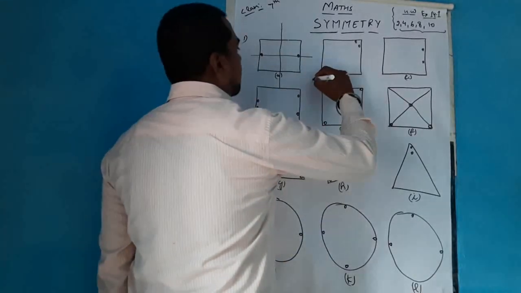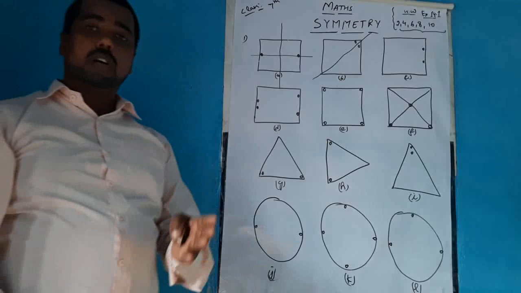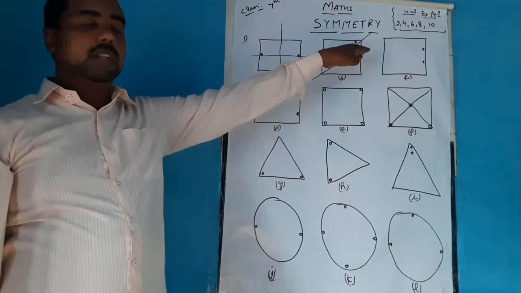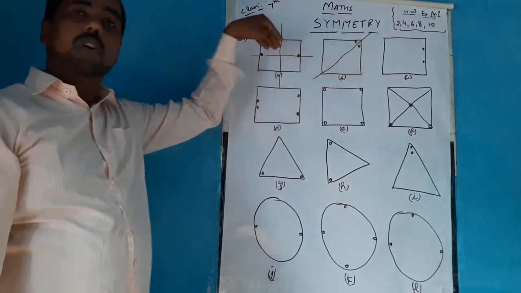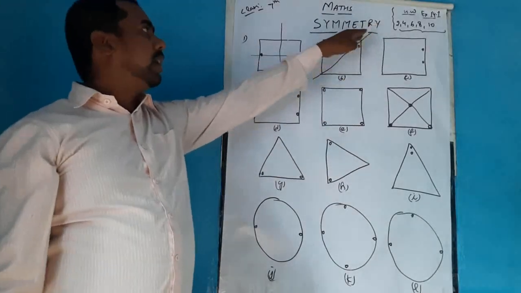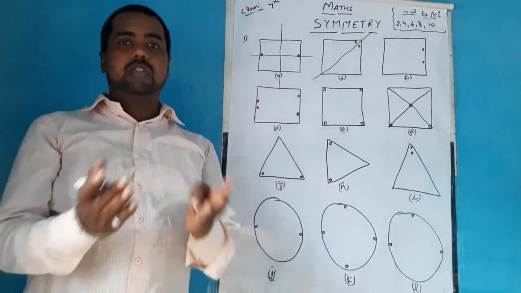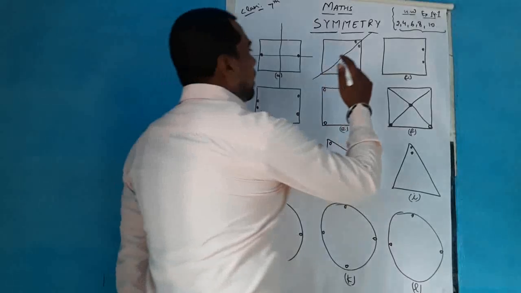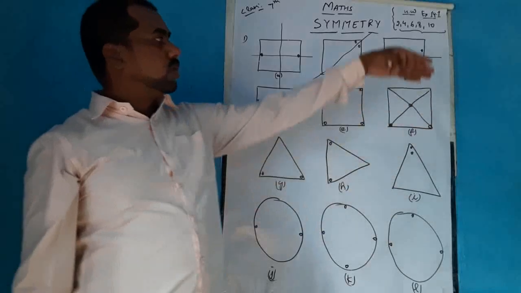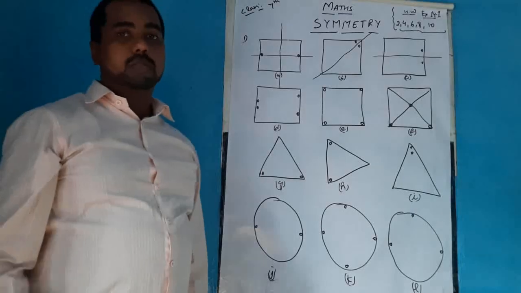When you come to the second part of the question, you can see that we can only draw a diagonal line of symmetry. If the dots weren't there, then it would be possible for me to draw horizontal as well as vertical. But since the dots are given, I'll draw a diagonal line of symmetry so that this dot is covered by this dot when you fold the paper. In the same way, when you come to the third, you have to draw a horizontal line of symmetry so that this half is covered by the other.